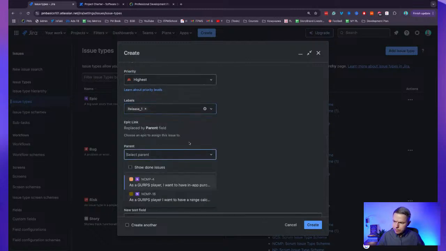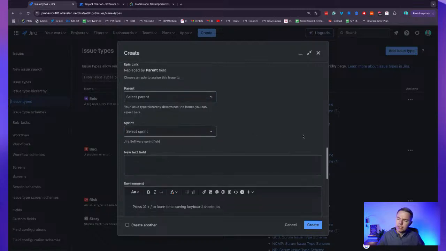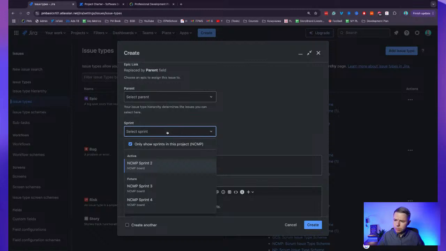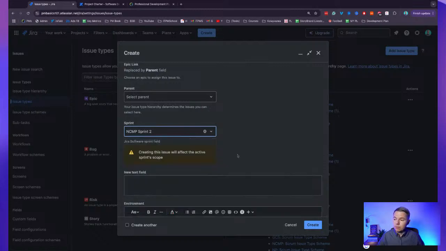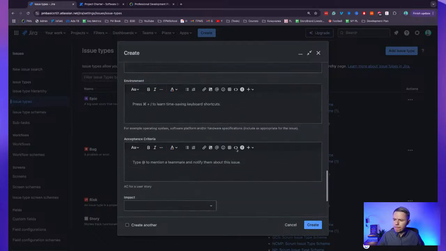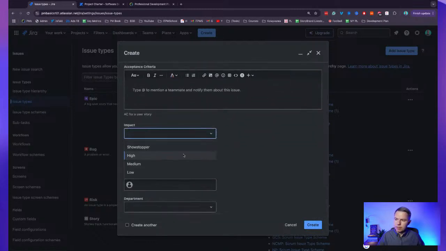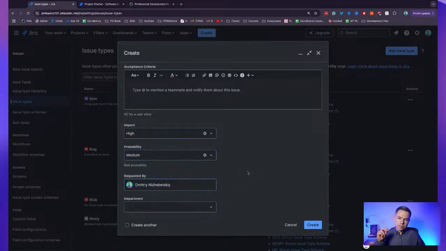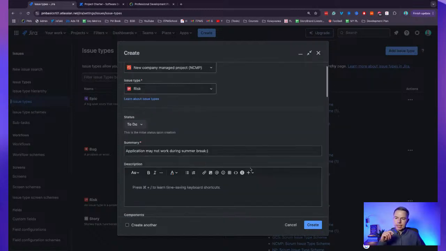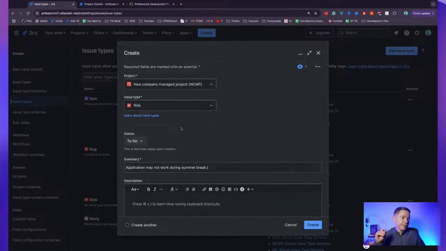Next, what's the parent? I would say that you don't need to have this parent for a risk. Which sprint is it impacted? Where do we want to keep the risk responses? For example, into an active sprint, and all the other fields: impact, high, probability, medium, requested by, Dmitry. So what you see, by the way, you see how many fields are here, and this is a typical case